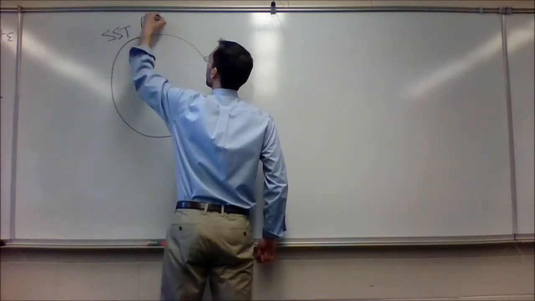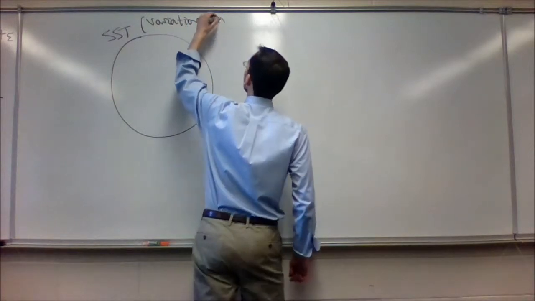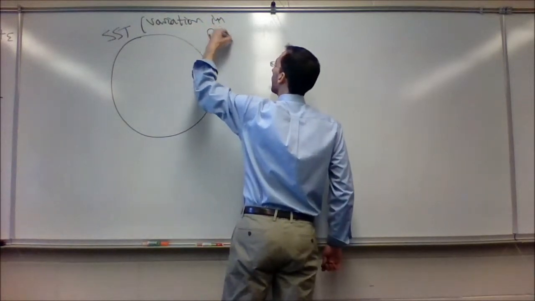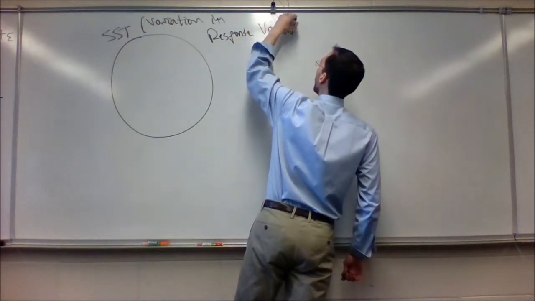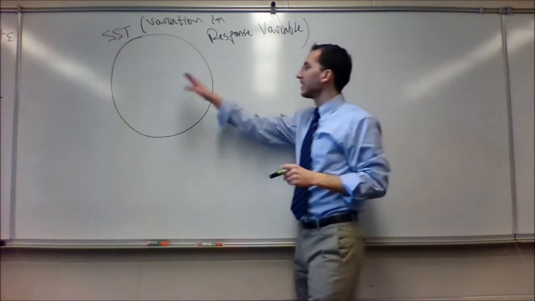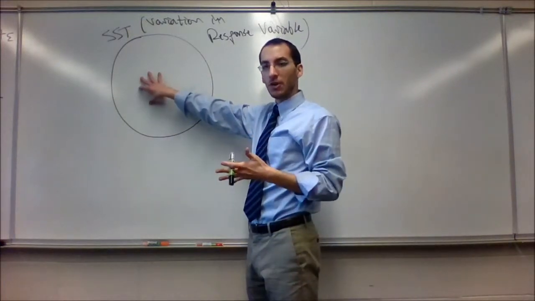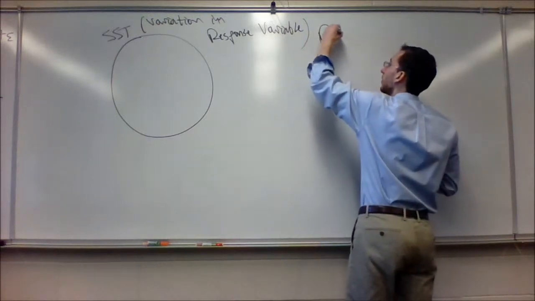Remember, variation in response variable. So if I think again of this circle as my sums of squares total, my total variation, say in price of a house,